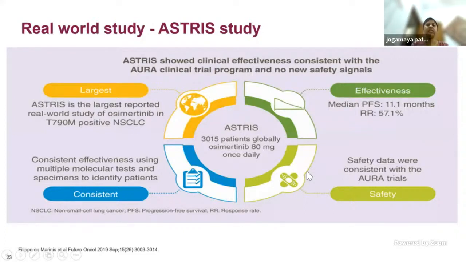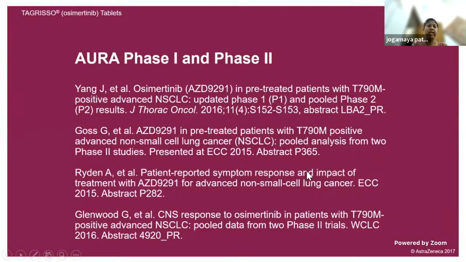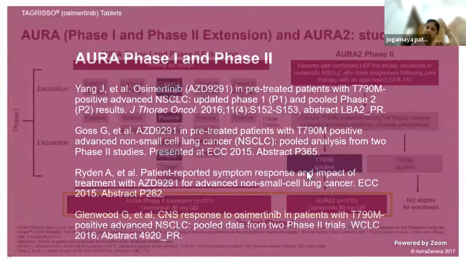It included 3,015 patients globally, and the median PFS was 11.1 months with a response rate of 57%. The safety and tolerability data were consistent with the AURA trial. So the AURA phase 1, phase 2 trials had dose finding and expansion cohorts. So there was a pooled analysis, and in this